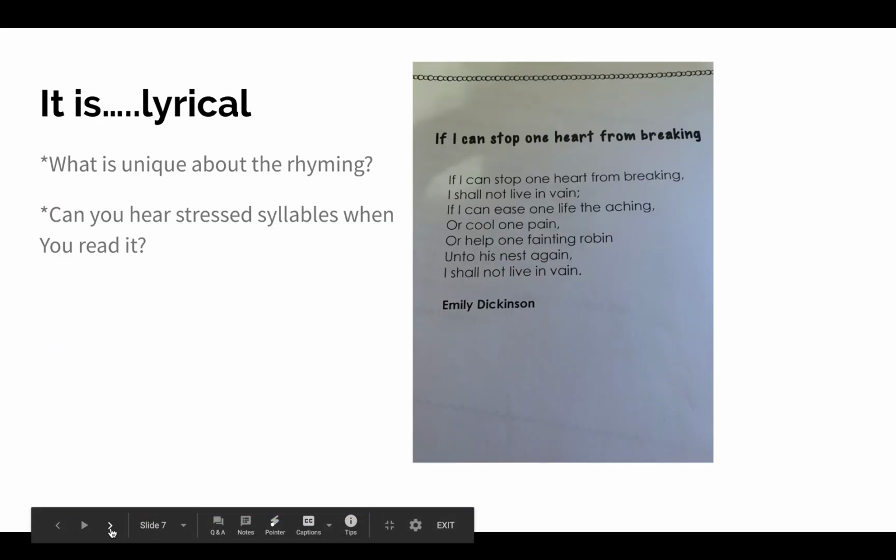Okay, so we said that it's lyrical. What's unique about